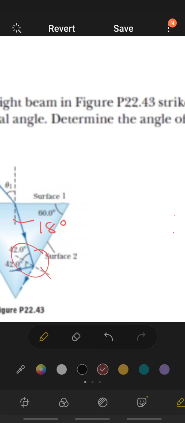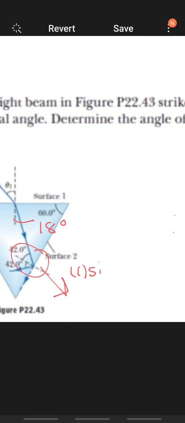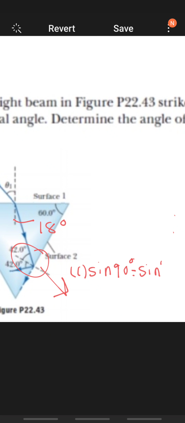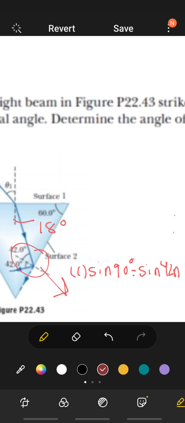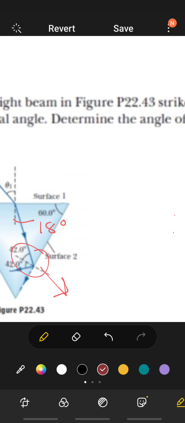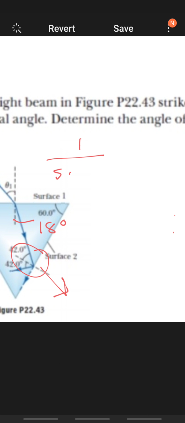We're going to start from here, and we're going to find that index of refraction since they didn't give it to us. So on one side, we know it says it was a critical angle, so on one side it's going to equal 1, and then on the other side, we're going to take the sine of 42 times n. So basically, let me erase this and redraw it up here. Sine of 90 times 1 will give us 1. If you divide it by the sine of 42 degrees, that'll give us n. And n comes out to be